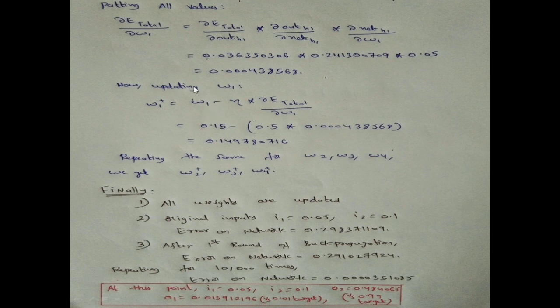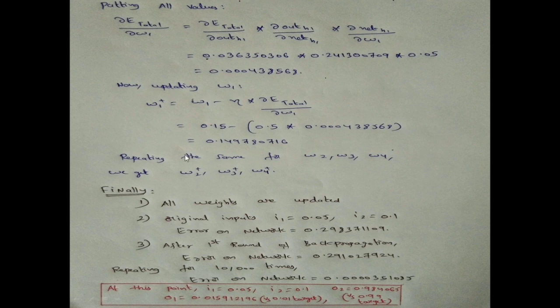So the old value of weight 1 is 0.15 minus, we assume that the eta value is 0.5 into, we got this value as 0.000438568, which is nothing but this value. So the updated value of the weight 1 is 0.149780716. So we can repeat the same process for updating the weight 2 value, weight 3 value and weight 4